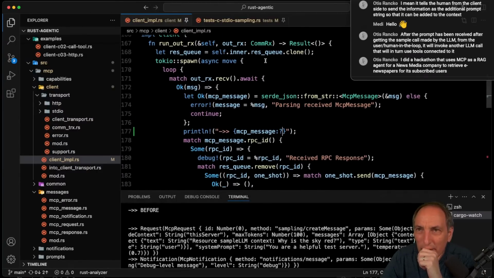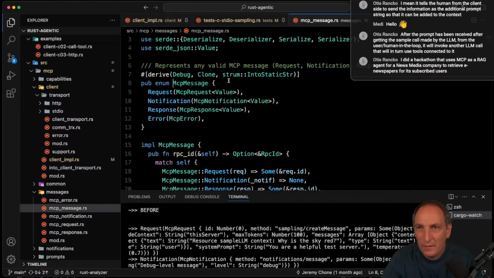So the trick here is I have the client thing. This one is a message which is very generic. It's this one. So that is a request, an MCP request of value. Right now I'll keep it open there. And the reason why it's a request